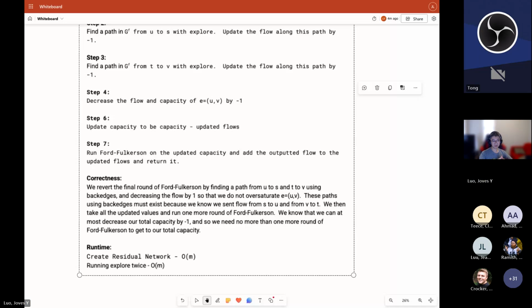We have oversaturated E, so we're going to decrease that all from V to T. We then take all the updated values and run one more round of forward focusing. We know that we can at most decrease our total capacity by 1, and so we need no more than one more round of forward focusing to get our total capacity. So creating the residual networks of M and running explore twice to figure out where we are is O of M, and then running,